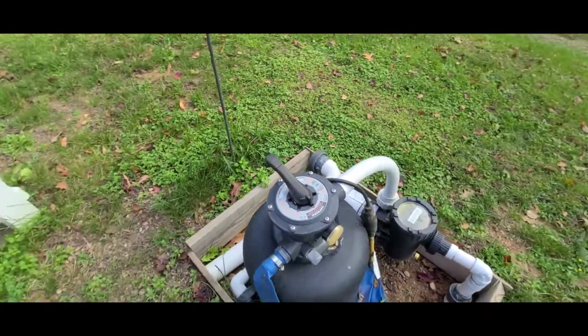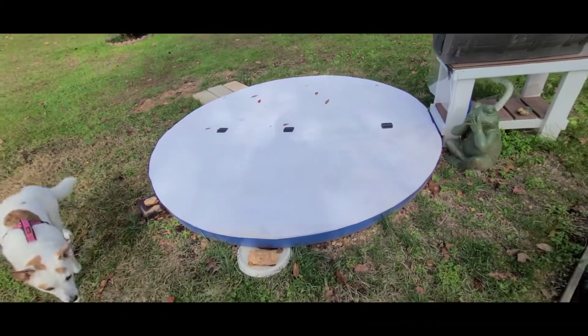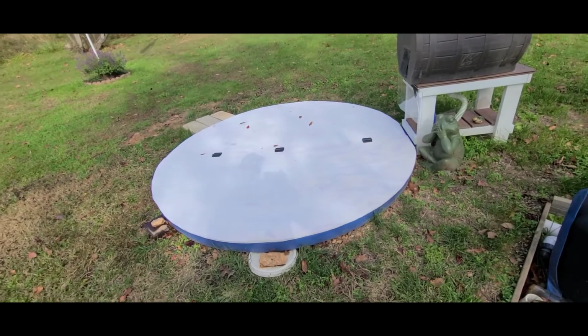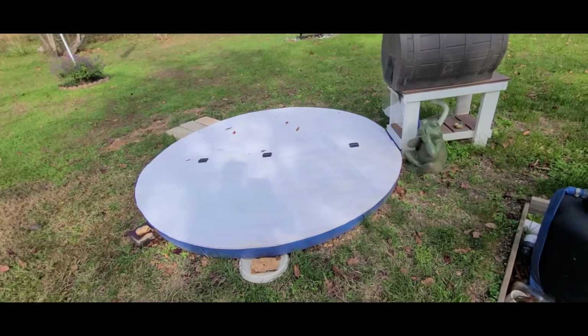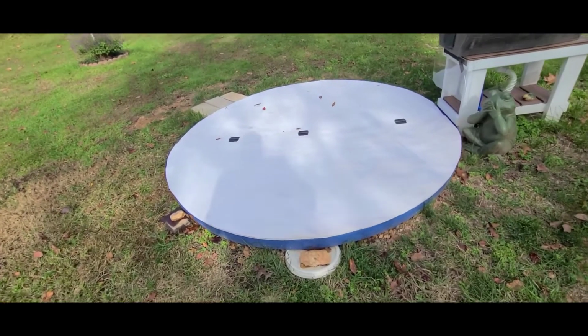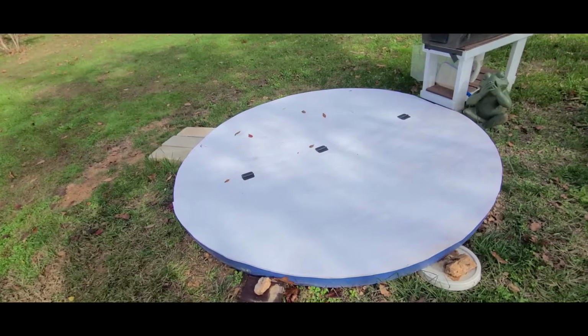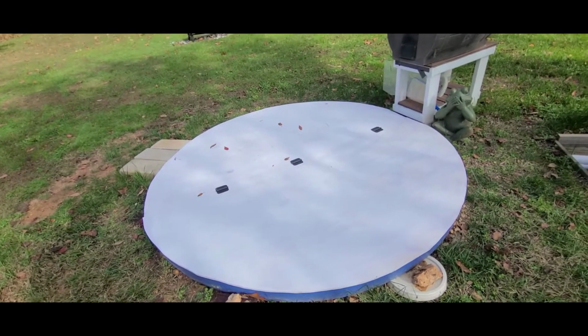So that's my intent right there. And we're gonna see if that works or not. I'll have to come back next year with a second video and let you all know if it made it through winter. Now, my reasoning of thinking on this